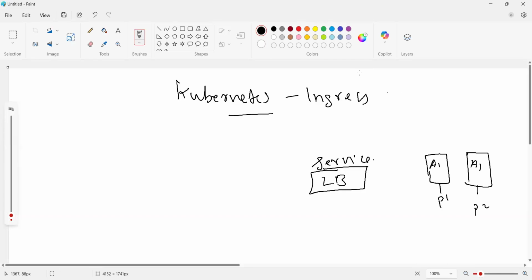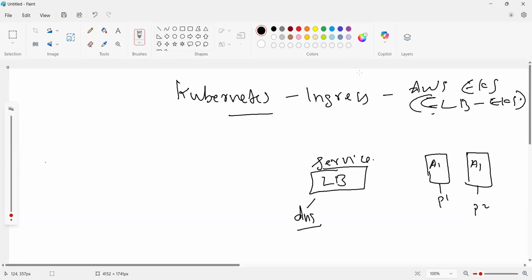If this is AWS based, AWS EKS, then EKS will automatically create a load balancer for us, leveraging the Elastic Load Balancer available from AWS. So in this case, we will get a load balancer